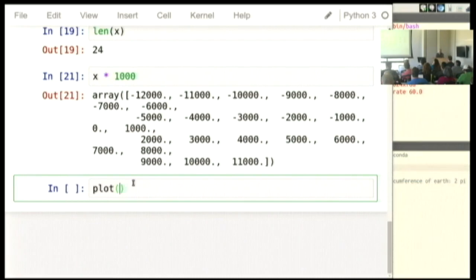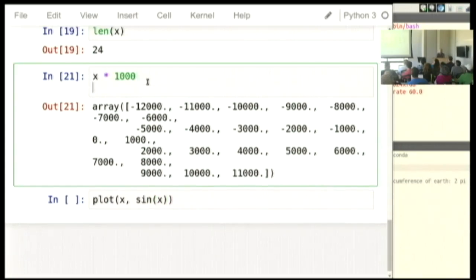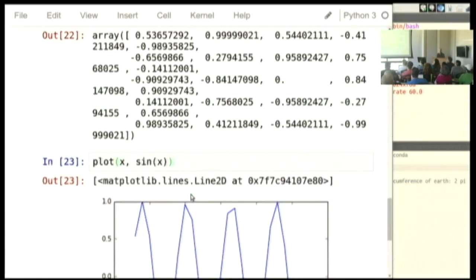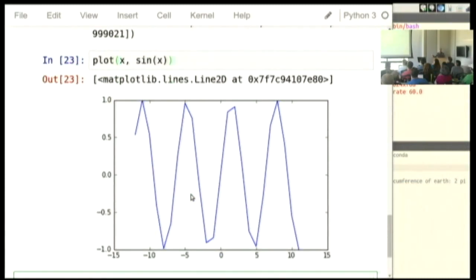Finally, this lets you do things. The plot operator expects to be given one vector or array with a bunch of x locations, and then a second vector of exactly the same length that has the corresponding y locations. So I could do something like this. Sine of x is just going to get x and do something to it, like that, and just give us a bunch of floating point numbers. And what plot is going to do is it is going to get all those x's and all those y's and plot them next to each other.